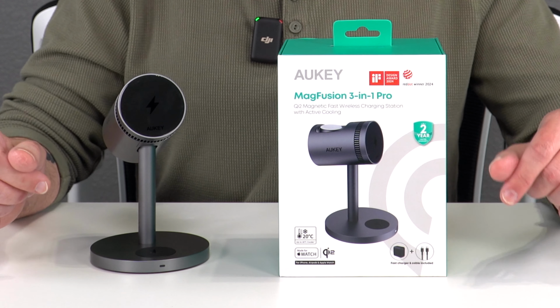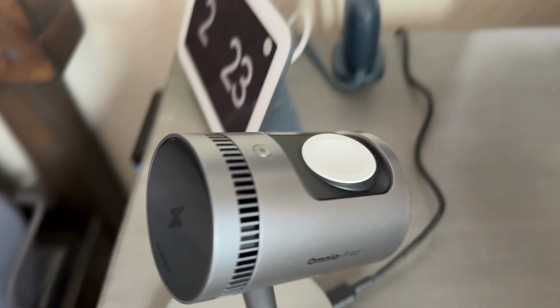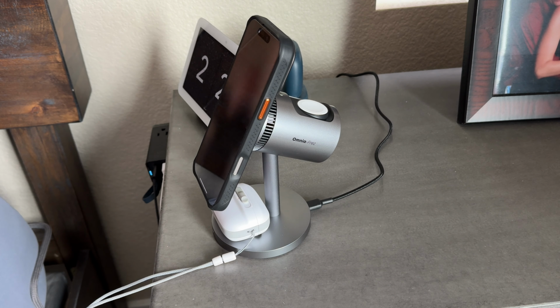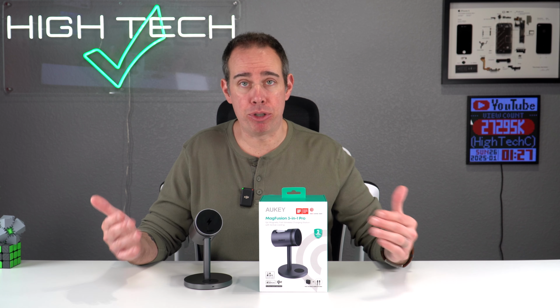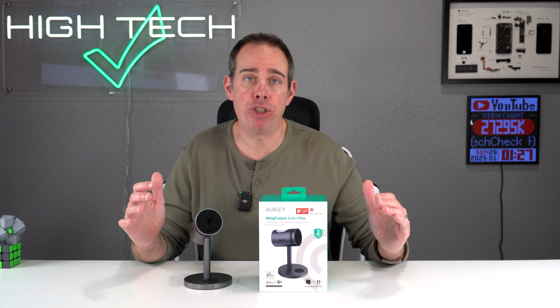This is the AUKI MagFusion 3-in-1 Pro wireless charger. This wireless charger does use the brand new Qi 2 wireless standard, and it can output a max of 15 watts for your iPhone and a max of 5 watts for your AirPods and your Apple Watch. And it's also Made for Apple certified, guaranteeing you that it's going to give all your Apple devices optimal charging